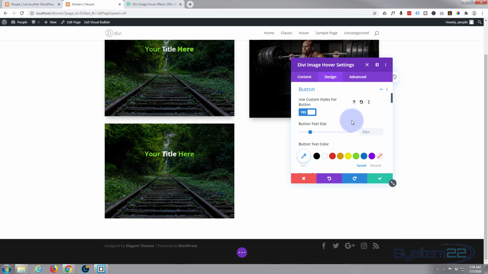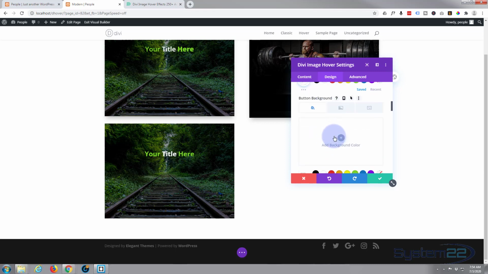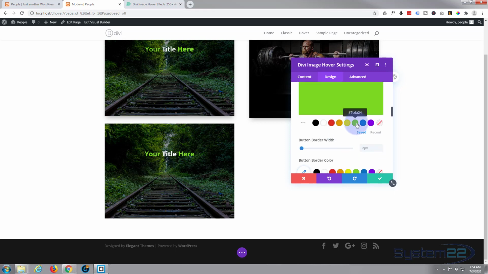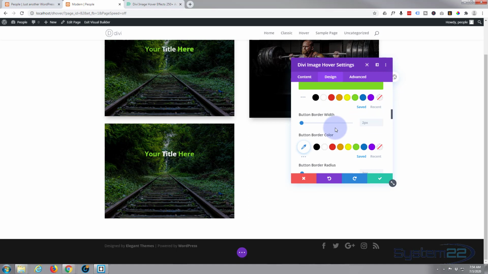Text size is fine. Text color I want to be white. Button background I'm going to make green. There we go, and I want to do the border as well. I want to keep the border green, button border color green. And of course you can set a hover color here if you want the border and the background to be